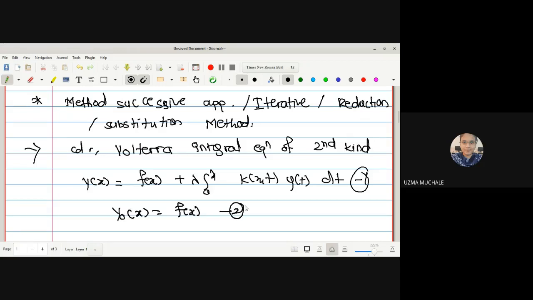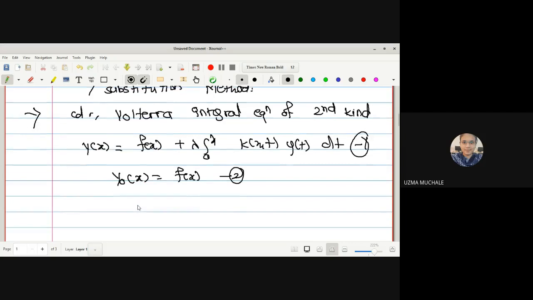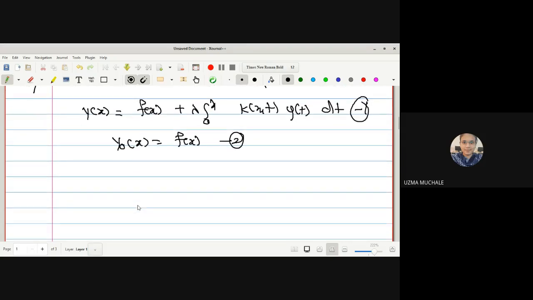Just like our initial value problem. In the initial value problem also we are provided with the value of y naught. Here instead of giving some number, it is some function, say f of x. Now this y naught of x is given to us. Further, if yn and yn minus 1 are the nth and n minus 1th approximations respectively, they can be related as follows. Y naught is given to us. Now what will be yn?